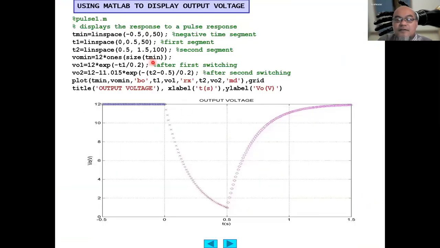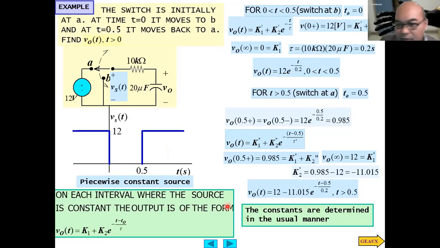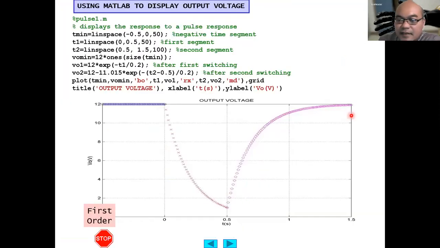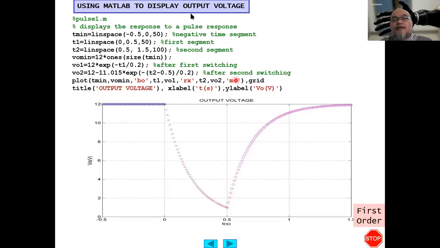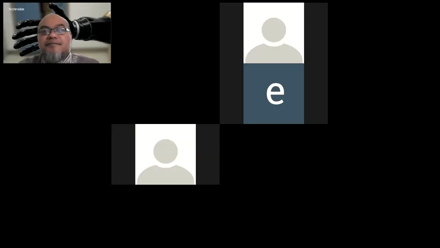So if we draw it, it looks like this. Initially it was 12 volt before the switching. After switching, it decays, reaching this value at 0.5, calculated to be 0.985 volt. After that, it increases again until reaching 12 volt. Okay, so that will be all for